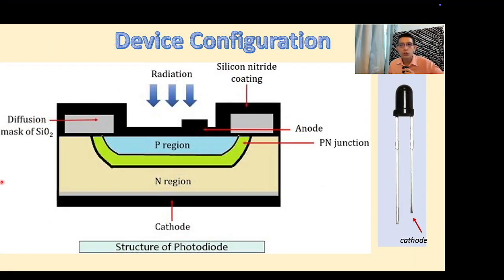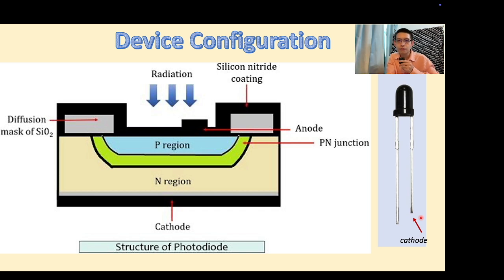Okay, now we are going to look at the device configuration for the photodiode. On the right hand side, you can see that a photodiode is a small component with a black plastic packaging, and where the shorter leg is the cathode. I actually have a sample of this photodiode here. You can see it's actually quite small compared to our other objects such as this microphone. It's just very tiny, and this is already quite big for a photodiode because in modern technology, photodiode can actually